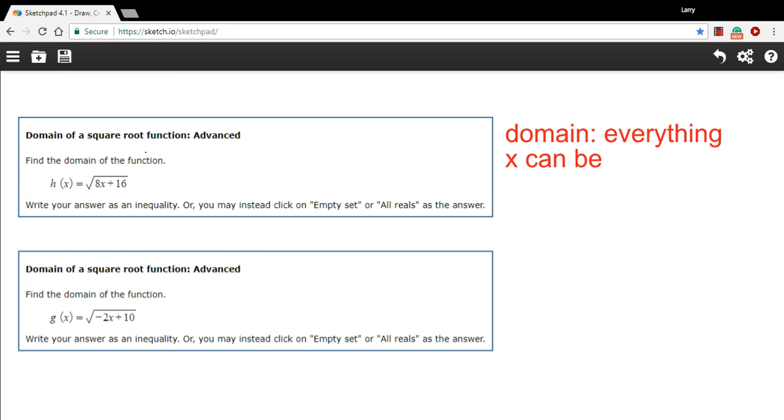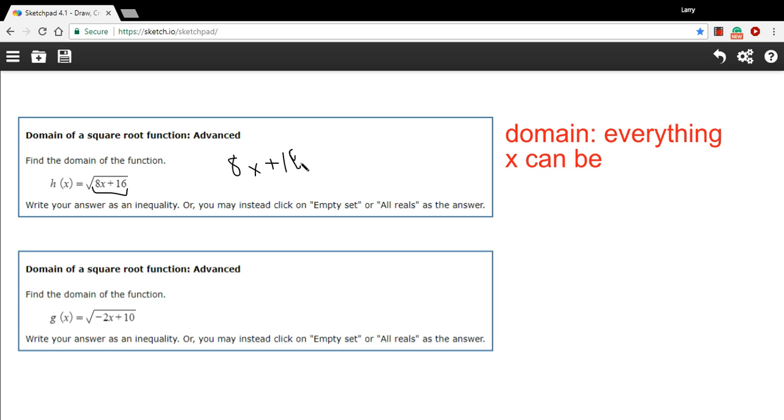In these problems, we're being asked to find the domains of some square root functions, and in this case, there's some more complicated expressions underneath these radical signs. Again, just like last time, what we need to do is make sure that what's underneath the radical sign is never a negative value. So whatever's here, and in this first one, it's 8x plus 16,